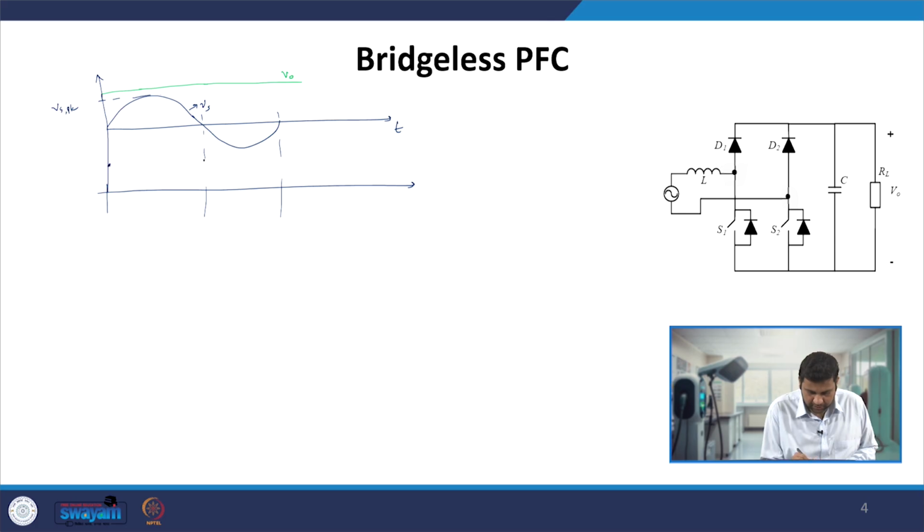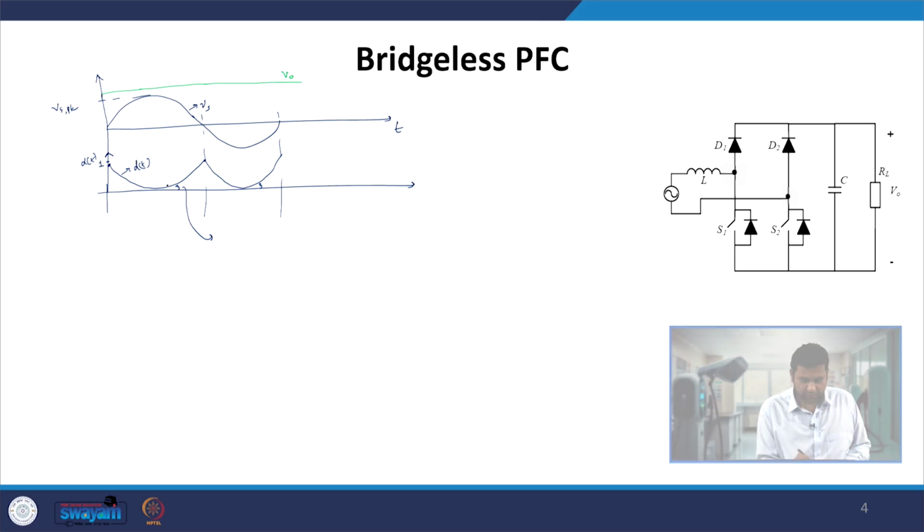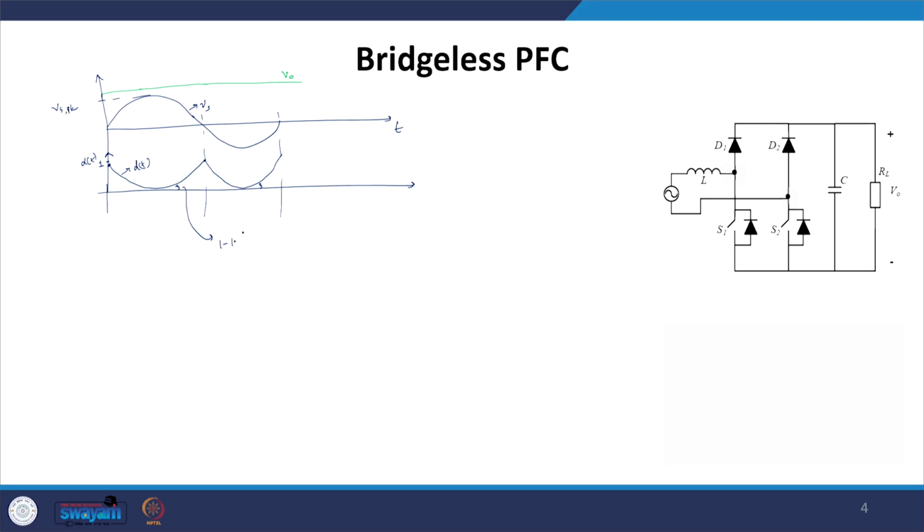So our duty ratio will be of the form, goes from here to here, not going to 0 because we have assumed that V0 is greater than this one. So at this point, the peak, the minimum value, this is nothing but a D of T, and here we have close to 1 at that point, then close to 0 at this point, where this is nothing but 1 minus modulus Vs peak by V0. This is the minimum value.